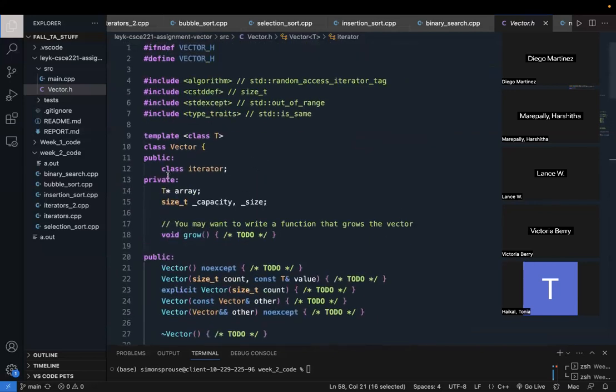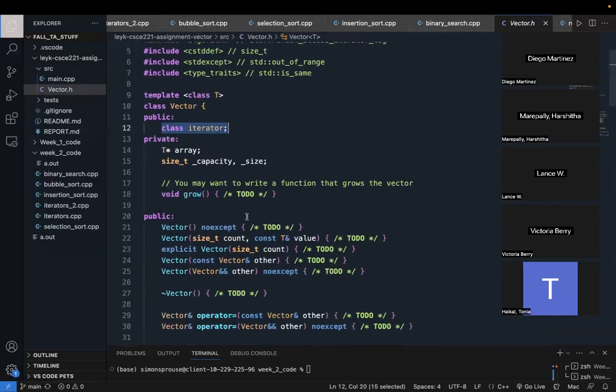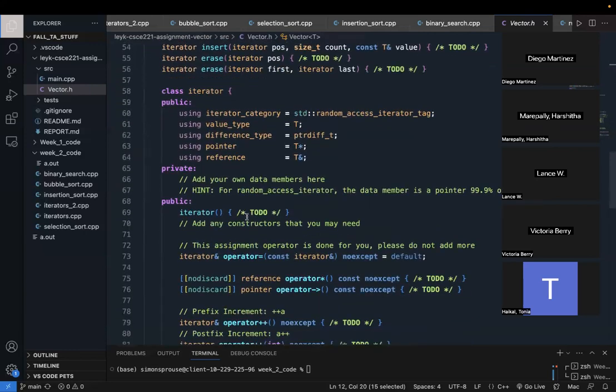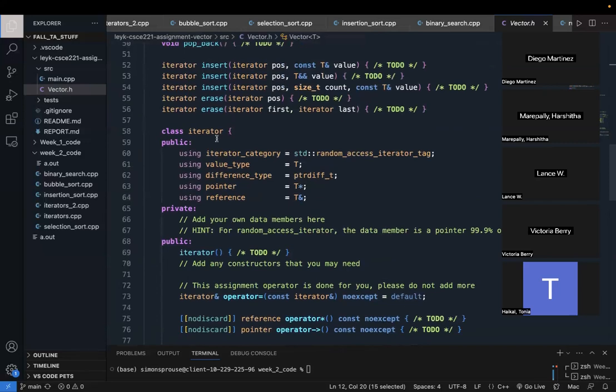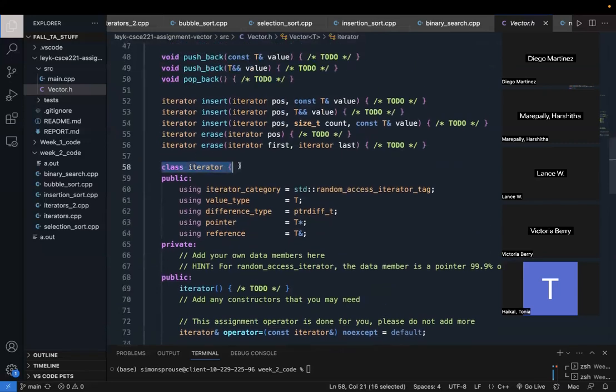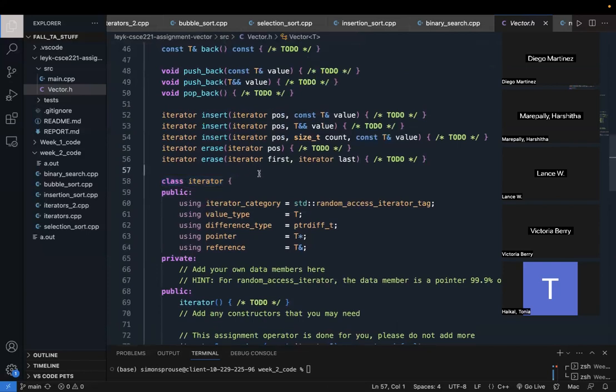You'd have class iterator somewhere in the .h, and then define it elsewhere. But because everything here is happening in the .h file, it's a little bit goofy, if you ask me, honestly. But essentially, all that's happening when you have a nested class is you are defining this class within the scope of the outer class. So